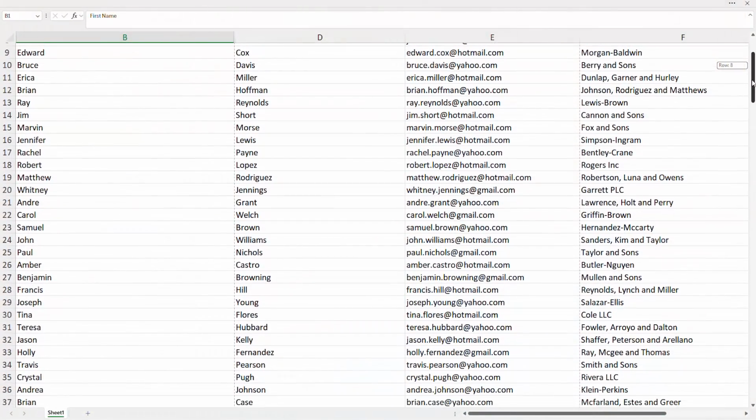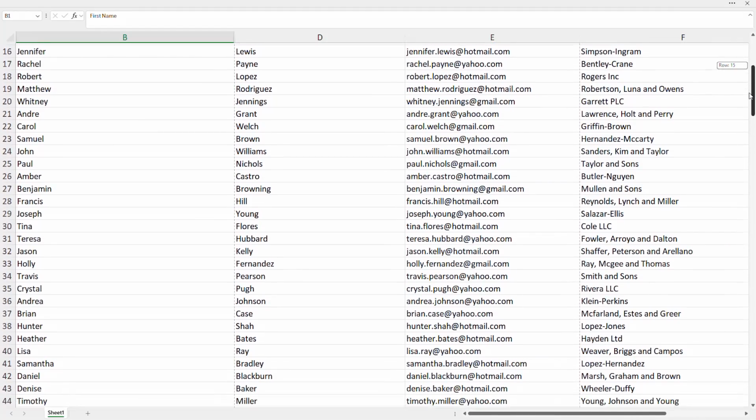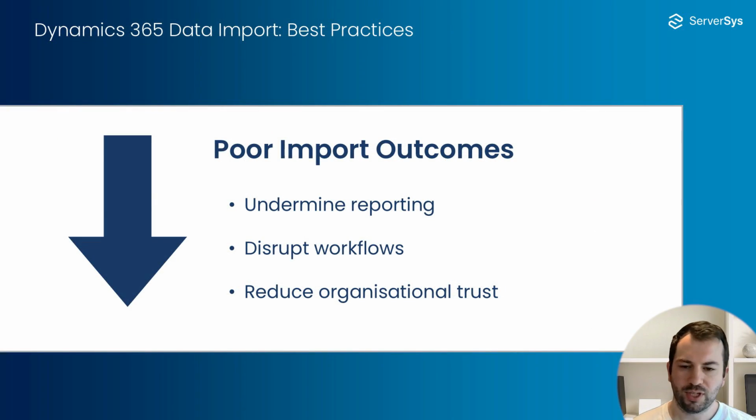Whether you're migrating from an old system, integrating contacts from an event, or working with purchased datasets, you'll eventually need to bring external data into your Dynamics 365 environment. Mistakes made during this process are one of the most common causes of data quality issues. Poor imports can undermine reporting, disrupt workflows, and over time, reduce trust in your Dynamics 365 system. This is why approaching data imports strategically, not just as a technical task, is critical to maintaining accurate, complete records